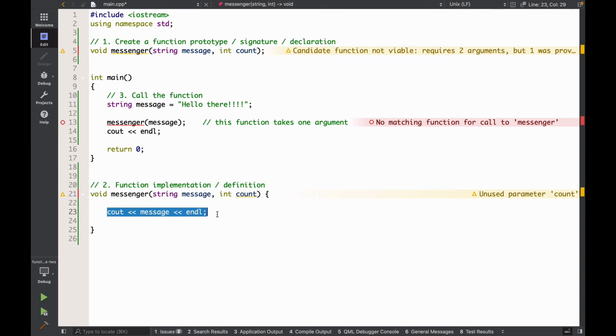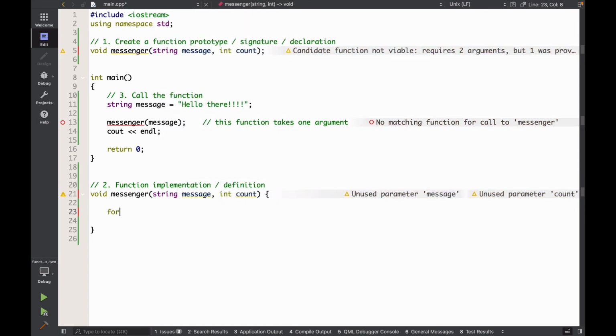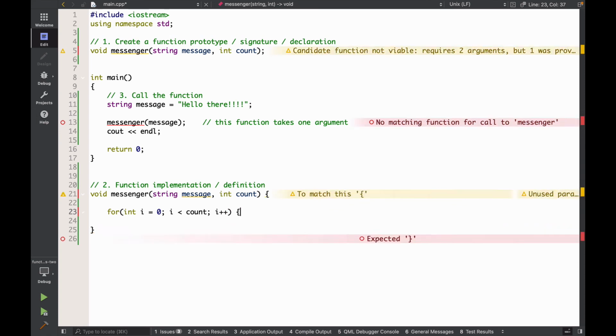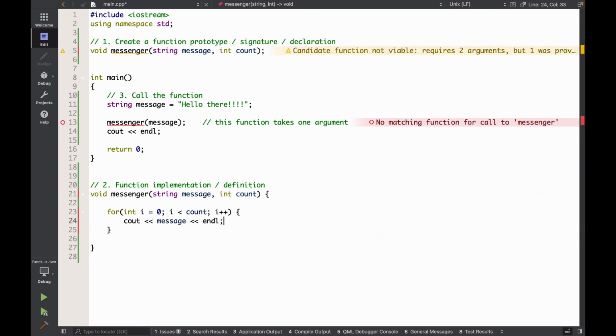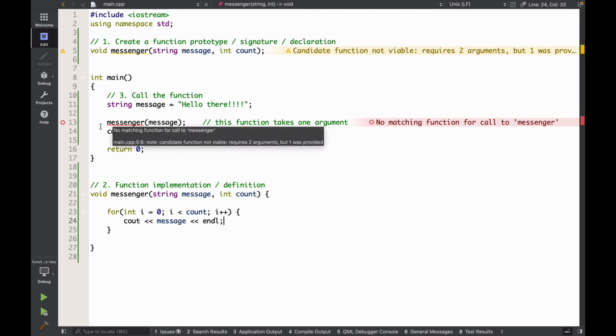Now, what am I going to do with count? I will wrap this inside a for loop. And so I will say for int i is 0, and while i less than count, I will increment i by 1. And so what I will do is to print message every time. Now, we fixed the implementation, we've altered the prototype, but notice I have a red